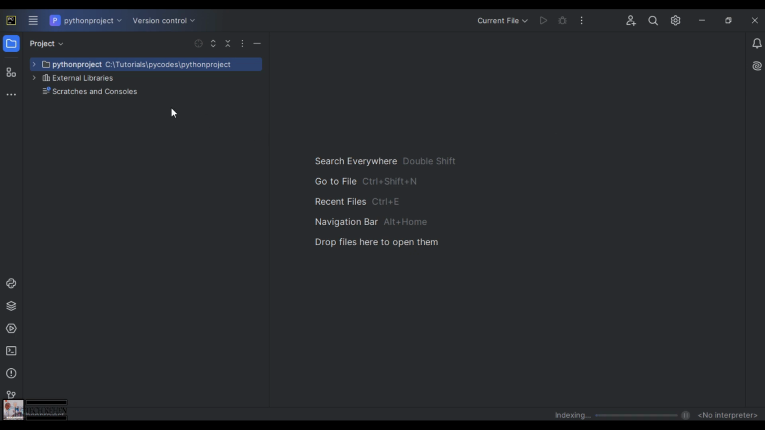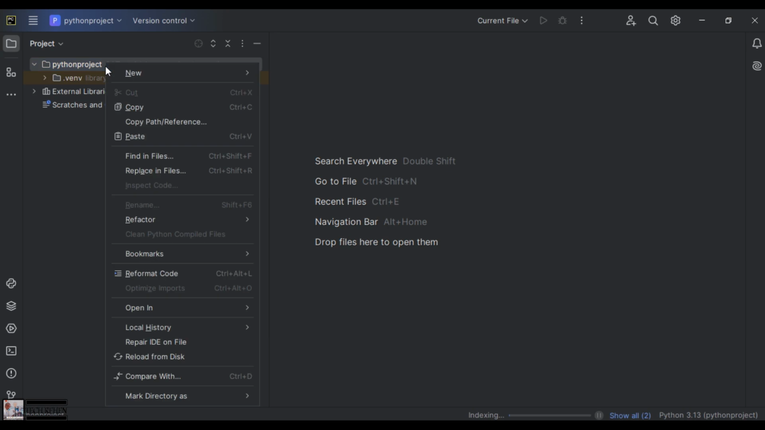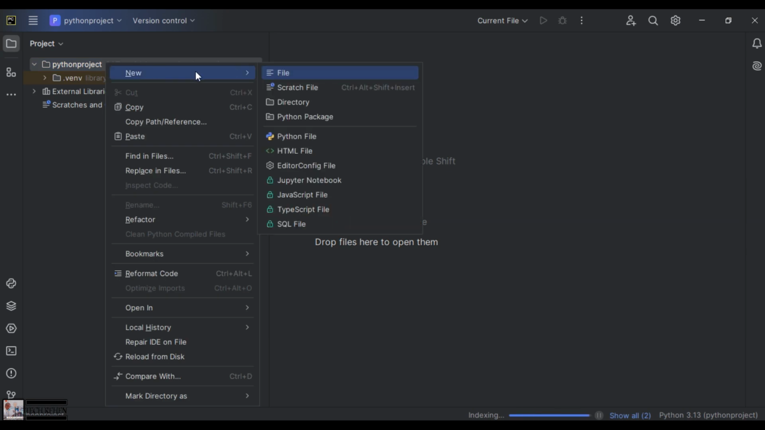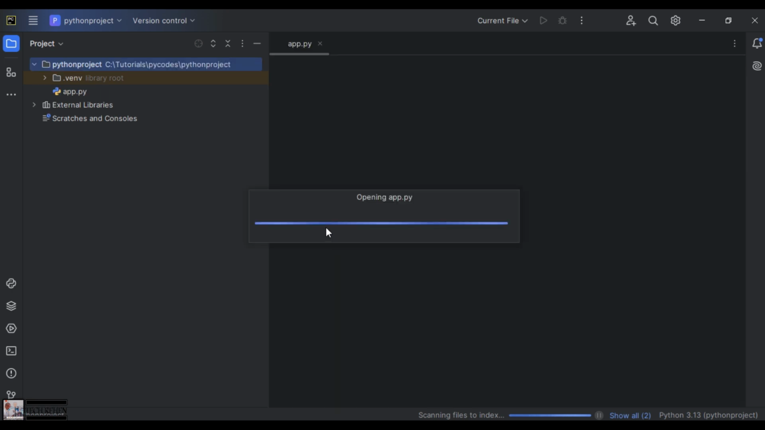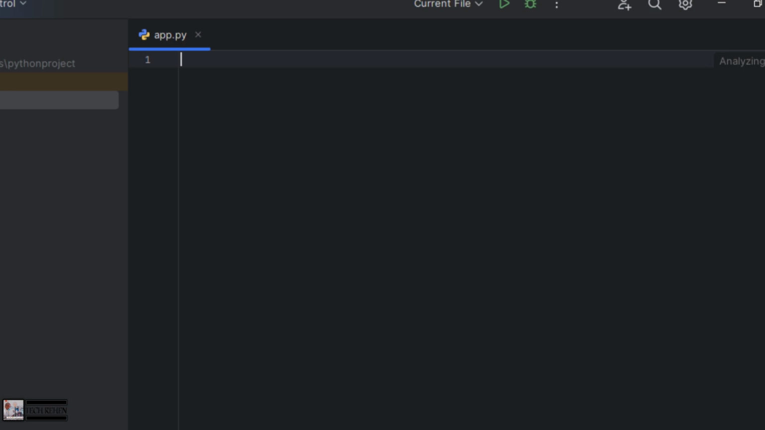So I'll come over here, right click and go to new and then Python file. Over here you give it the name of the Python file that you are going to build, or the Python program. You can use any name for it, but in my case I'm going to name it app and press enter. Now that we are done creating this app.py file, which is showing up over here,